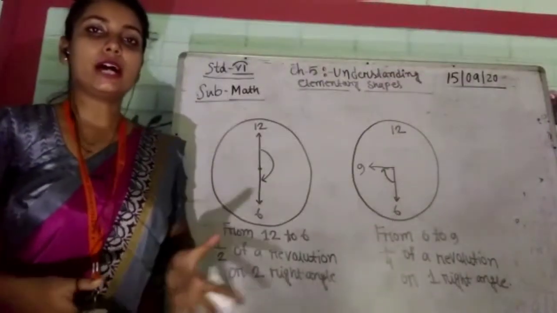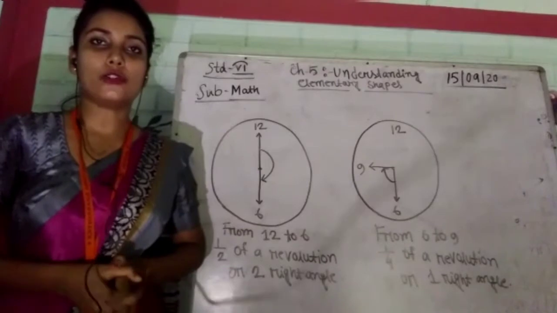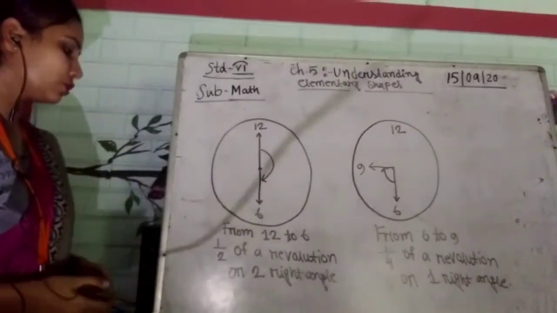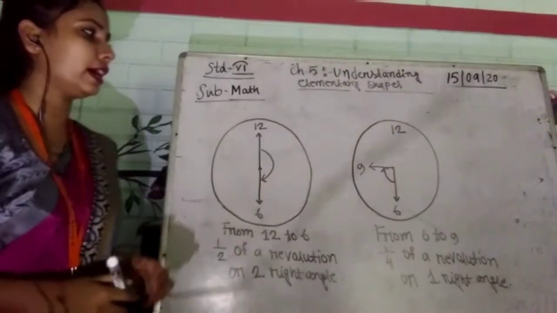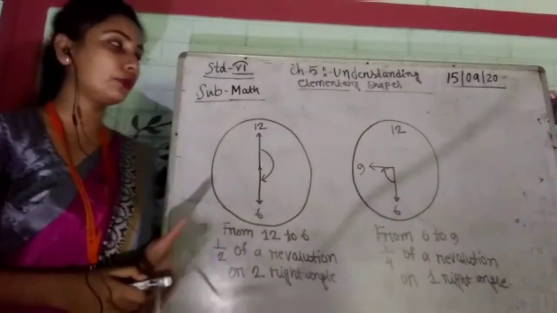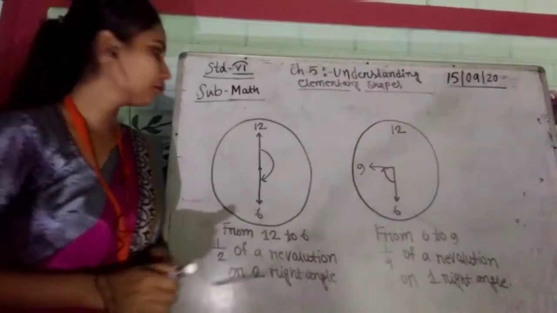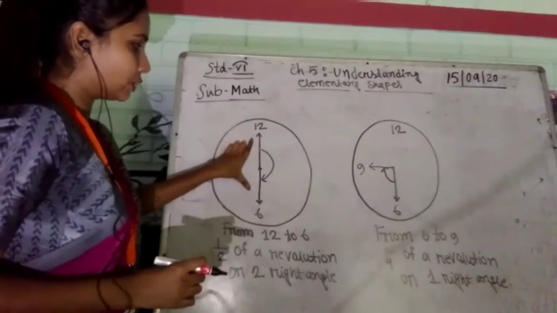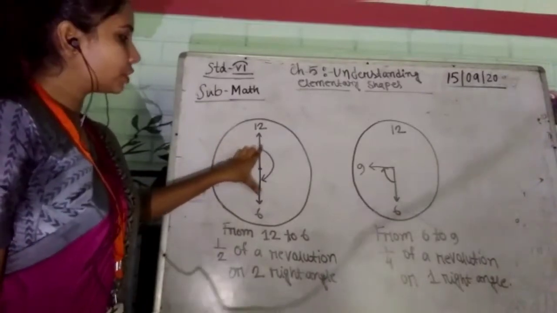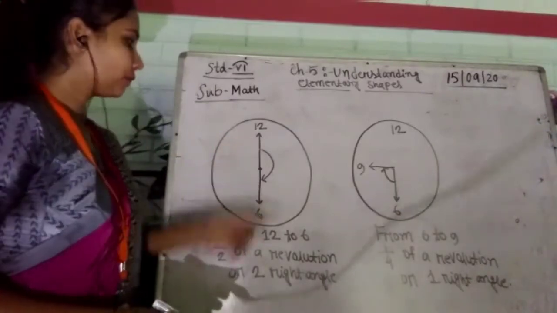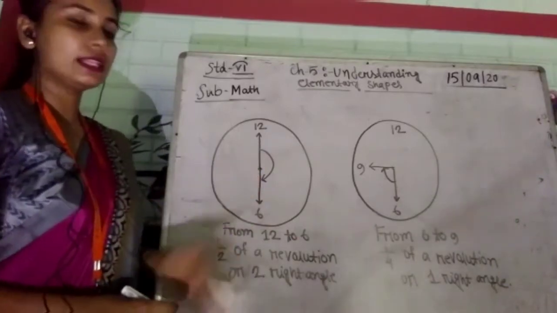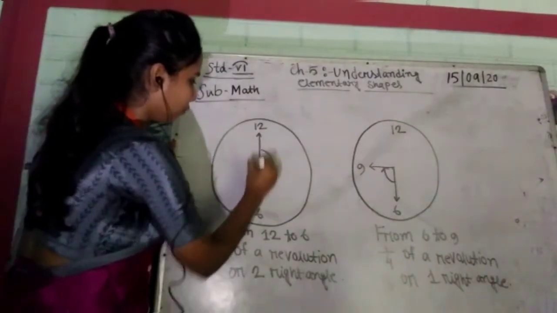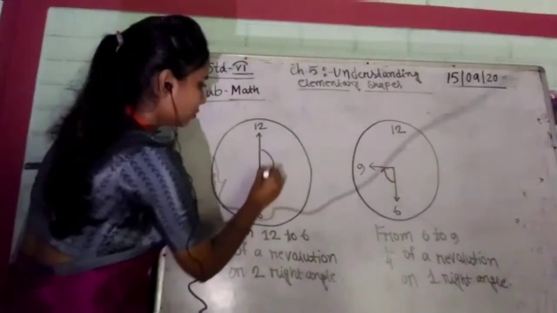So dear students, now I will discuss the basic things of exercise 5.2. So here I draw one clock. Here I will show you the straight angle and right angle with the help of the hands of this clock. Okay, so in this clock you can see that one angle is formed. Which kind of angle is this? This is a straight angle, because here one straight line is given.